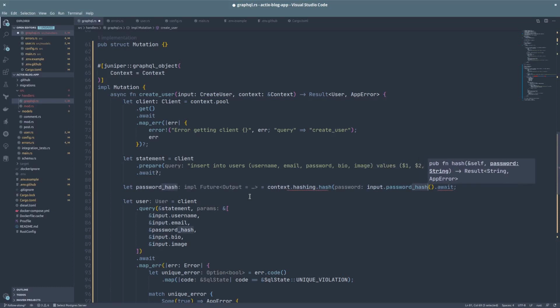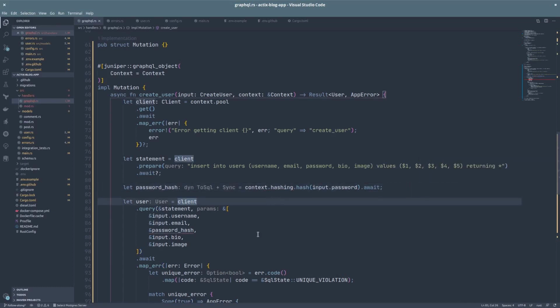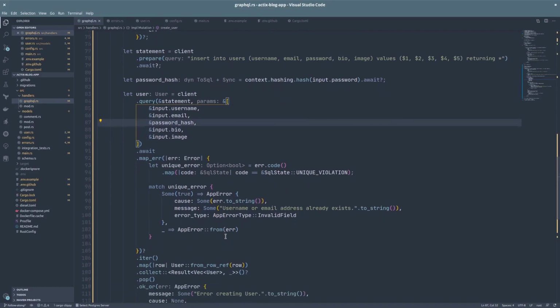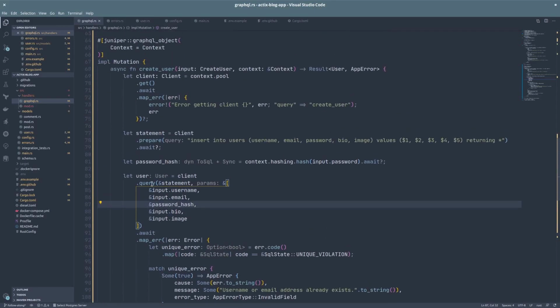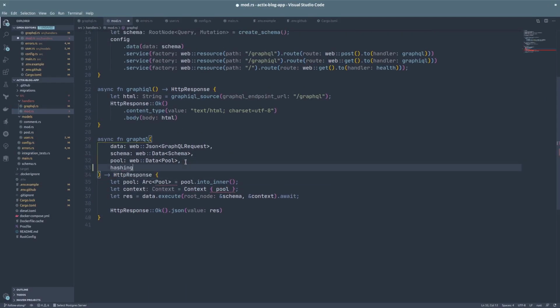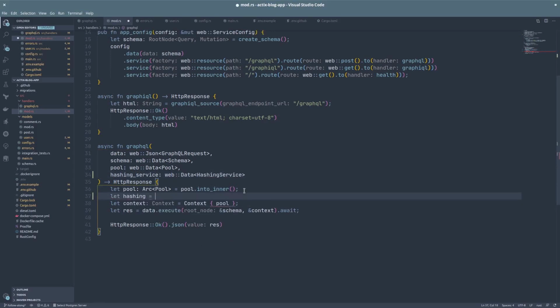And since this hash function returns a result, let's use the question mark operator at the end. Cool. Now one more thing, let's go to the handlers module and we need to get the hashing service from the application data as we do with the connection pool. Now let's create a hashing variable and get the arg value from hashing service into inner. We add that to the context and we are done.